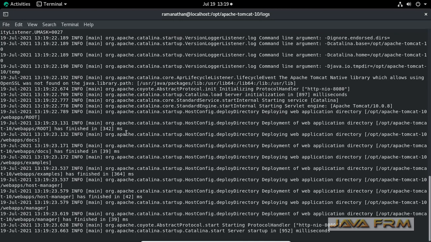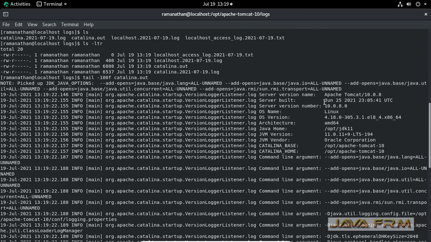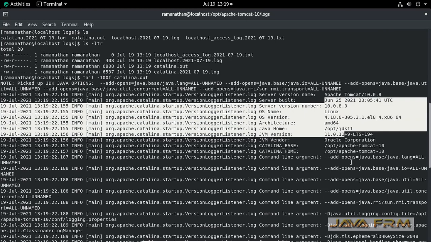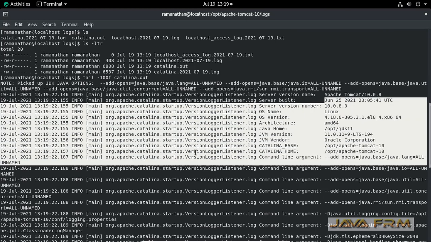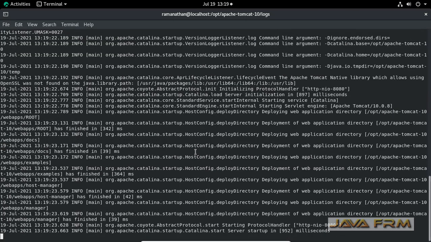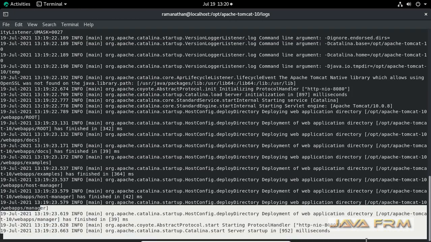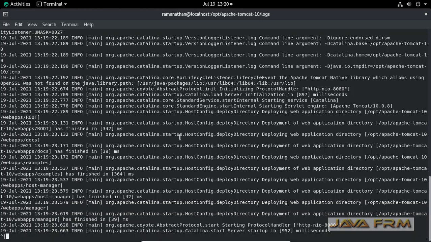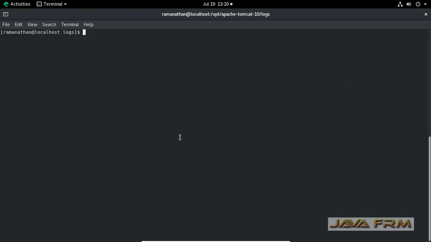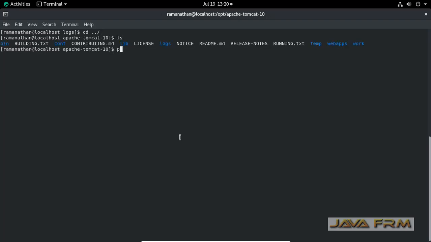Here you can see all the basic things displayed, that is, what the JDK and Java home are and at what port Tomcat 10 is started. Everything you can see in catalina.out. You can see that Apache Tomcat 10 is running on port 8080.